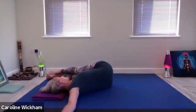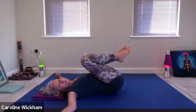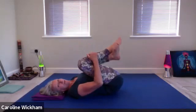Into belly. Bend the knees. Come back up. Okay, we're going to cross over the ankles. Roll our way up and come to seated position. I think it's time for a breathing exercise actually. So